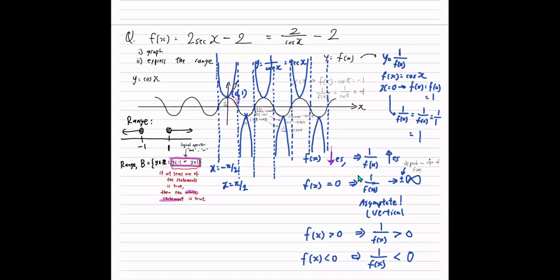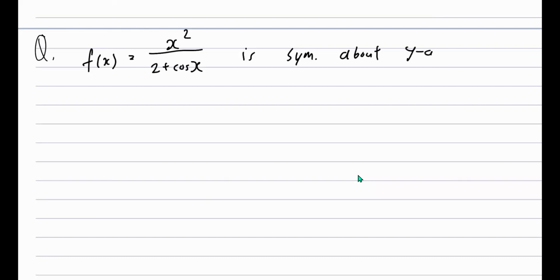Determine algebraically if f(x) equals that. Let me write this down. Copy the question first. Determine if f(x) equals x squared over 2 plus cosine of x is symmetrical about the y-axis. This is really just code word for saying f(x) is an even function,